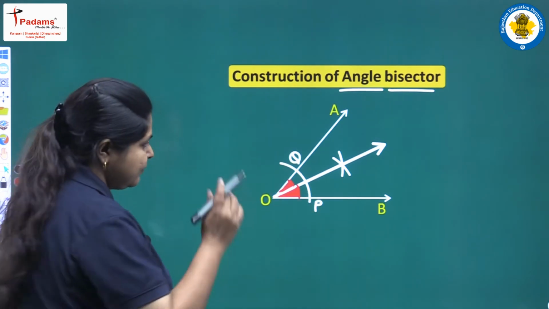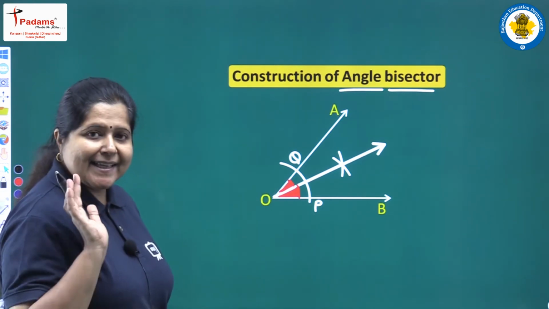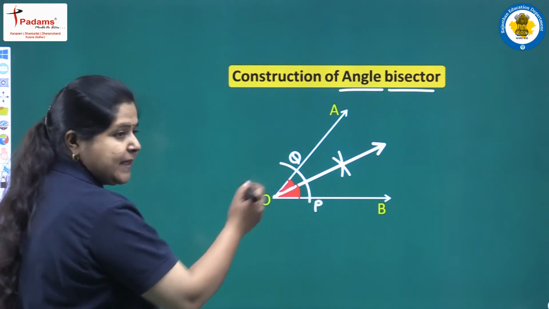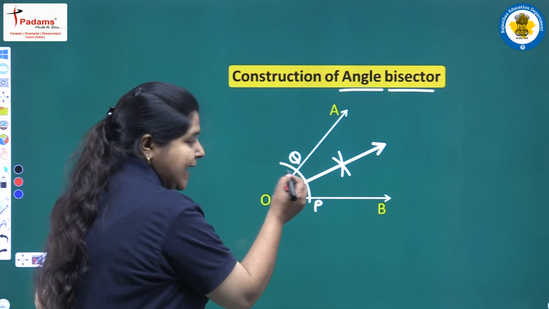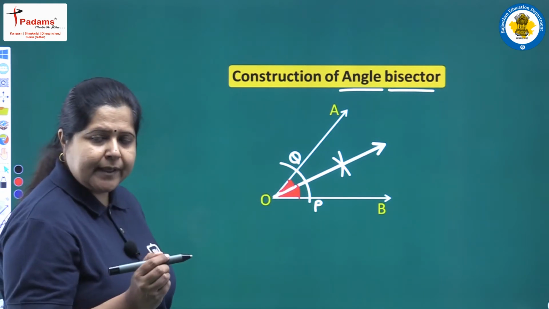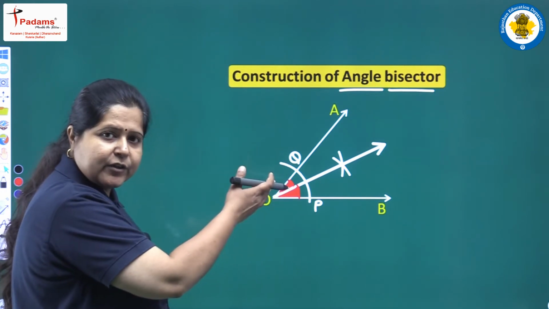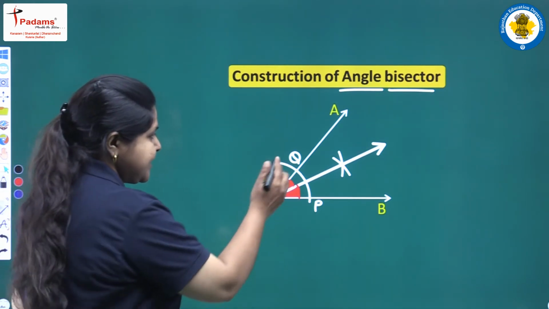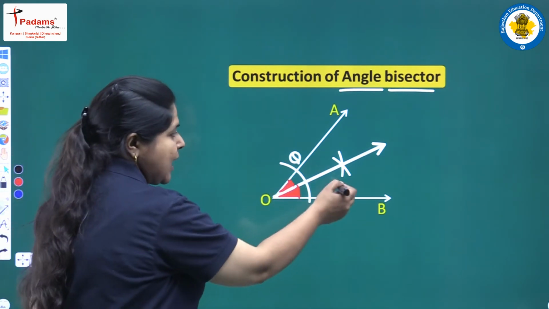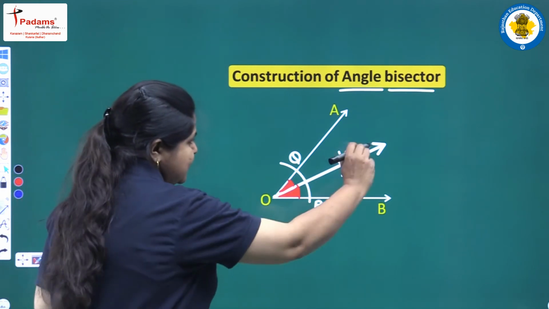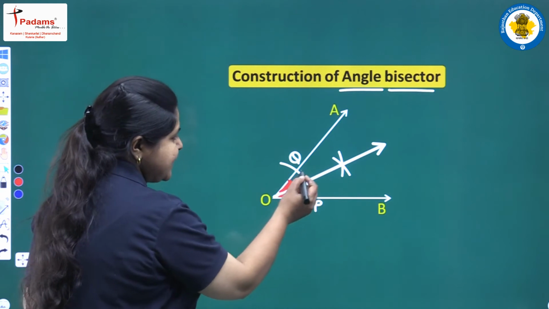How we did this? First, with center O we drew an arc of any appropriate radius. Then we got these 2 points P and Q. Next what we did? Keeping the pointed end at Q and then later on at P, you select any one point first. You can keep at P also first and then later on at Q. It's up to you. Just keeping the compass at these 2 points with equal radius, we drew these two arcs. Draw these two arcs, join the point of intersection with O, you get the angle bisector,